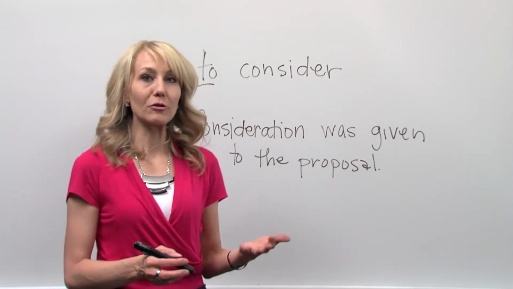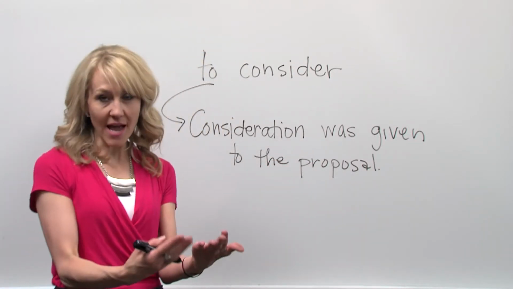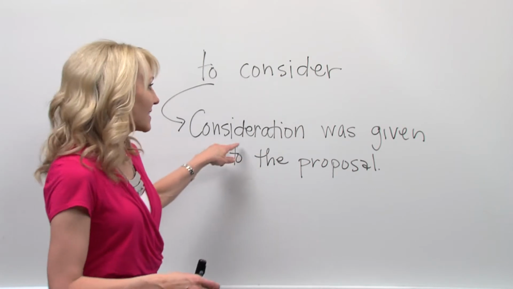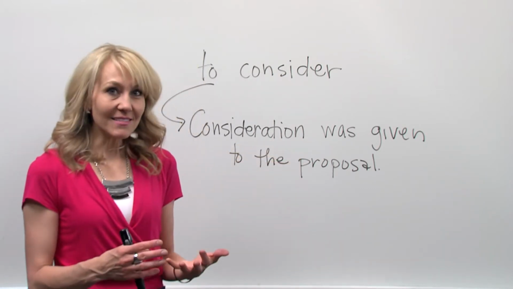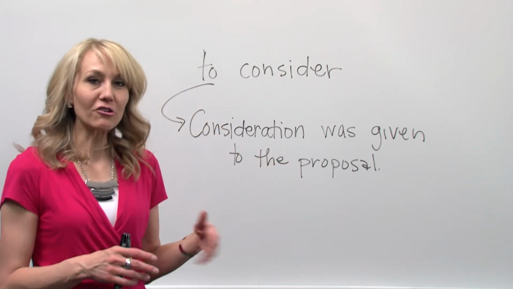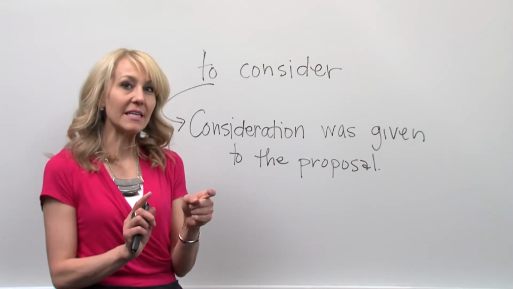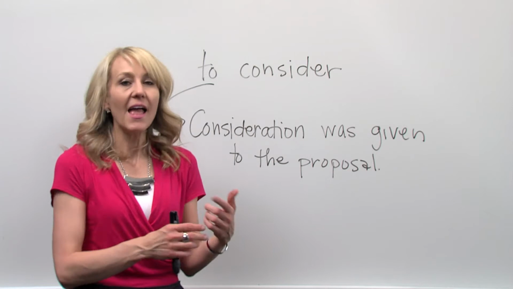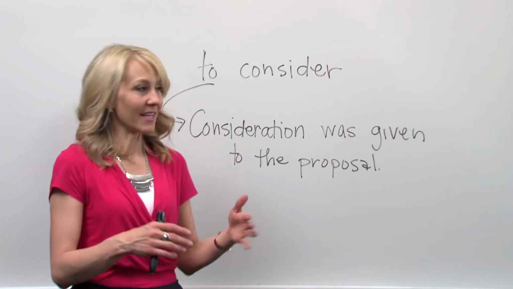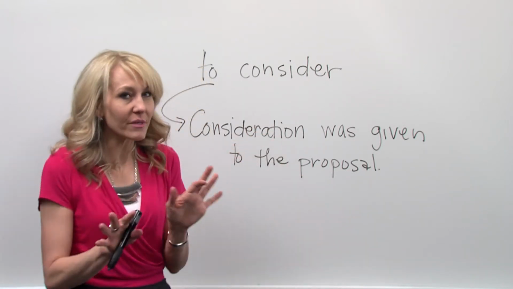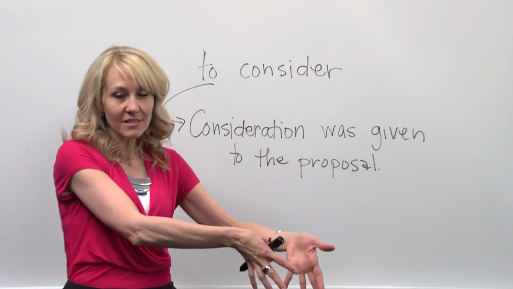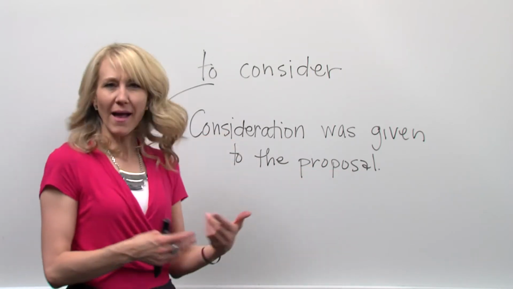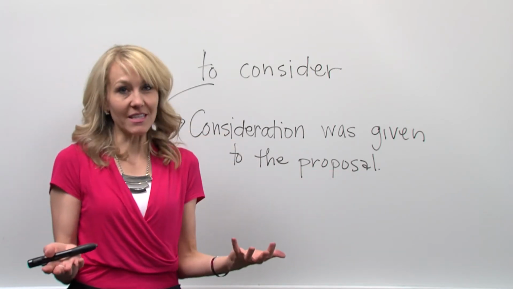Okay, so here the verb to consider has been made into a noun, a nominalization, consideration. And there are really two problems with using verbs that have been made into nominalization subjects. The first problem that I already mentioned is that consideration is not really something doing something else. So I don't have an actor of my action in this sentence.